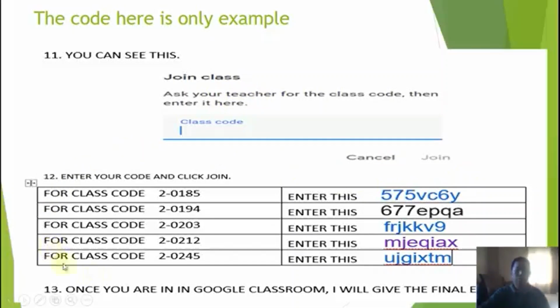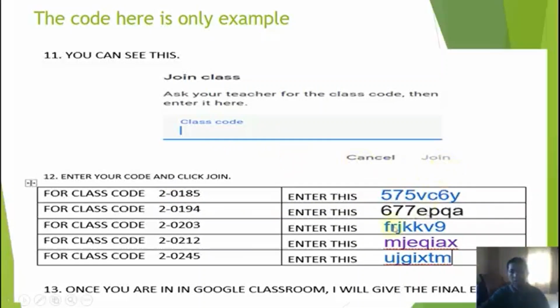This code I sent to my students so that they can join my class. For example, my students belong to 185, 194, 203, 212, 245. For the students belonging to 185, the students can enter this code here.